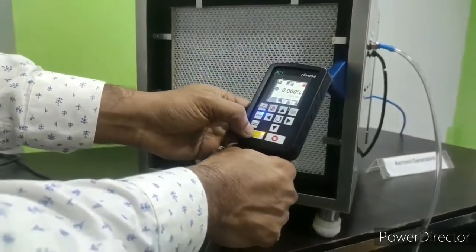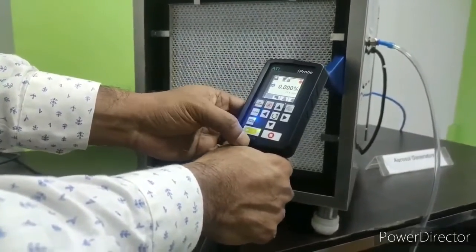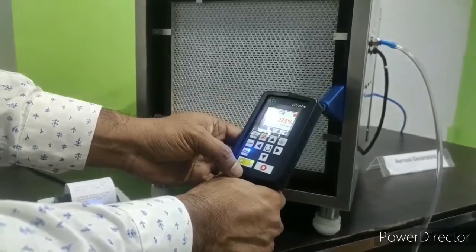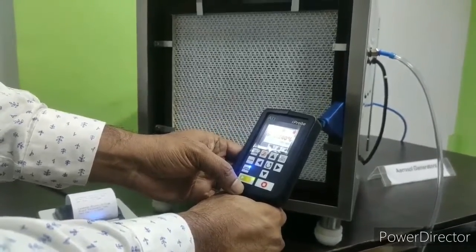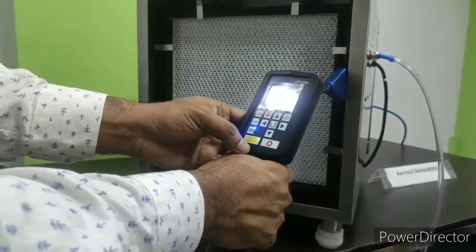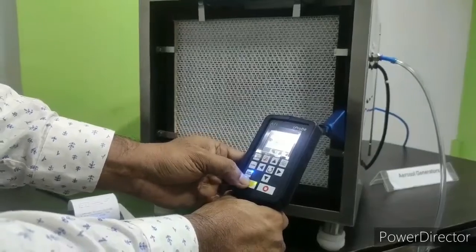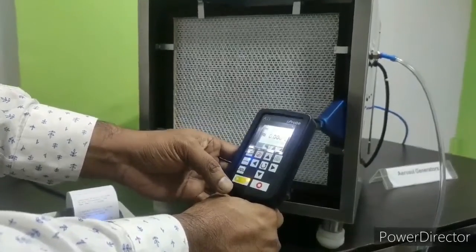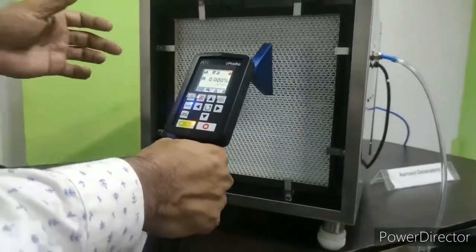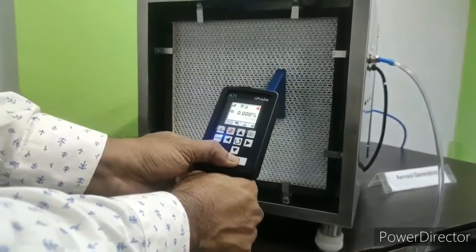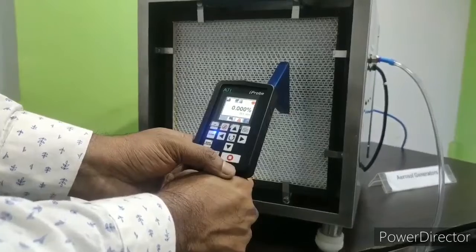So here you can see the instrument shows some leakage. It is a leakage from the gasket of the filter. So I complete my scan, and when I complete my scanning of the filter, I will press this button to complete my test.